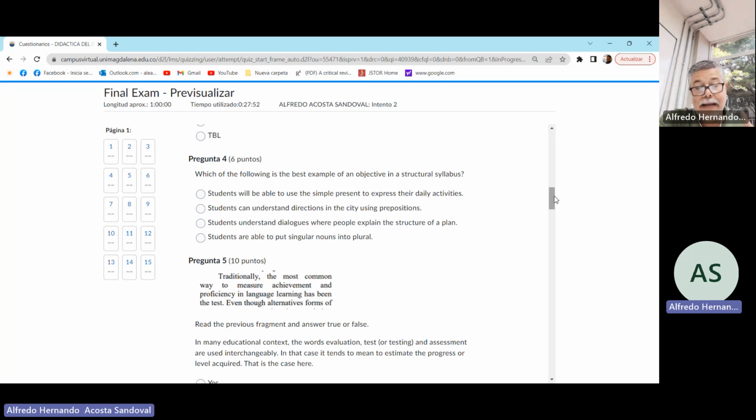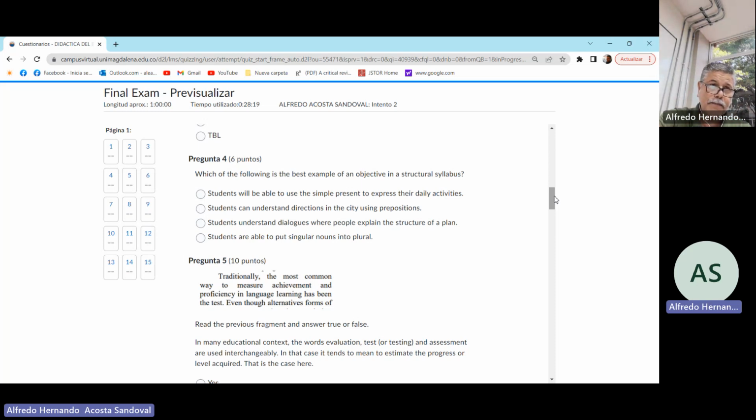For example, in the first one, "students will be able to" is kind of a can-do statement. Okay, and that is also important if you want to distinguish structural from non-structural syllabi. "Students can understand directions in the city using prepositions." Again, it's the same story as the previous one. Even though you're using the word preposition, which is